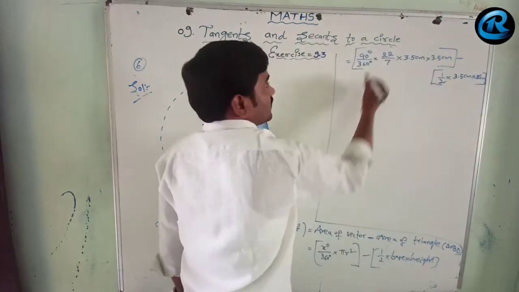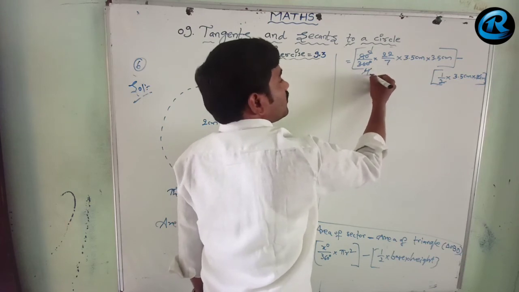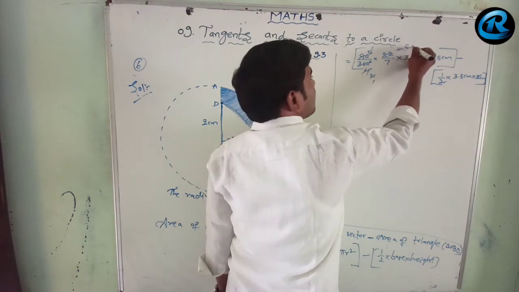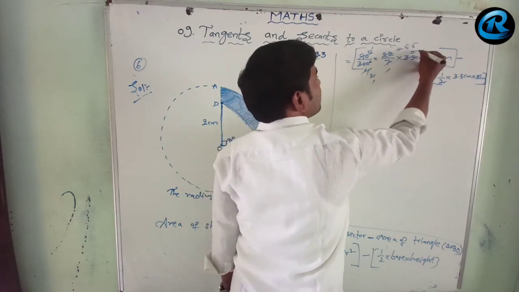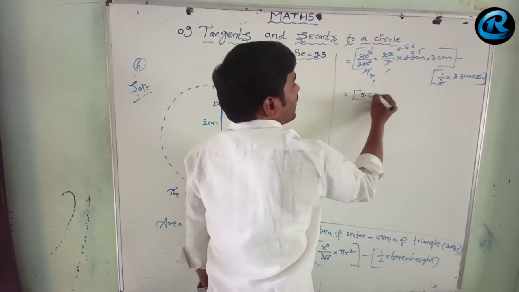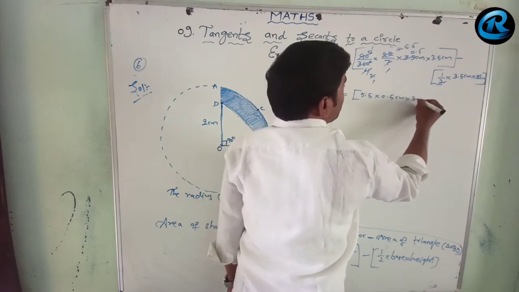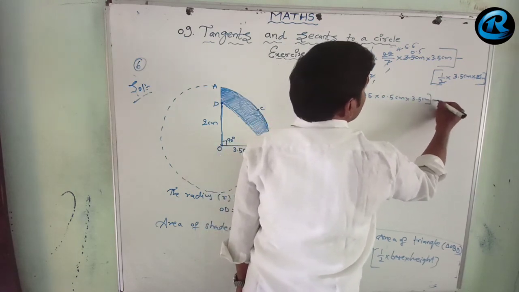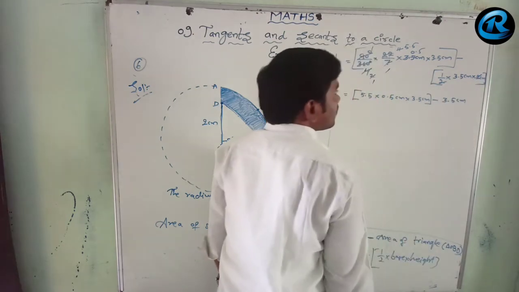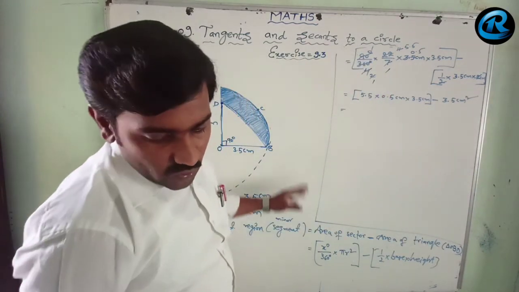Here 2 and 2 get cancelled. 9 1s are 9, 4 4s are 4. Okay. Here 2 2s are 4, 2 11s are 22, 2 1s are 2, 5.5s are 5.5, 7 1s are 7, 0.5s are 0.5. At last you got 5.5 into 0.5 centimeters into 3.5 centimeters, minus here only 3.5 centimeters is left, centimeter square. Then you multiply this all.